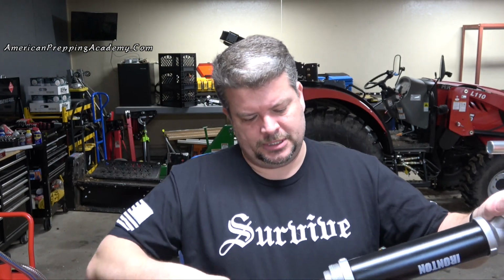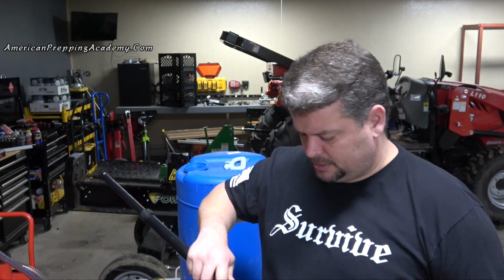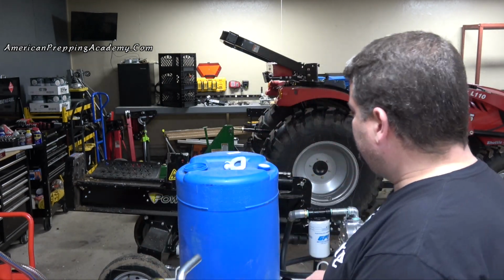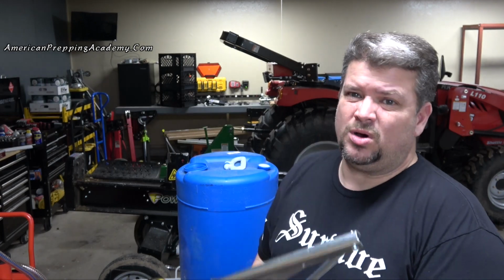And it just screws into the bottom of the pump. So it's a pretty simple little device. There's nothing spectacularly complicated about this. But it's a good way to store up water, because if you start adding up the amount of water that